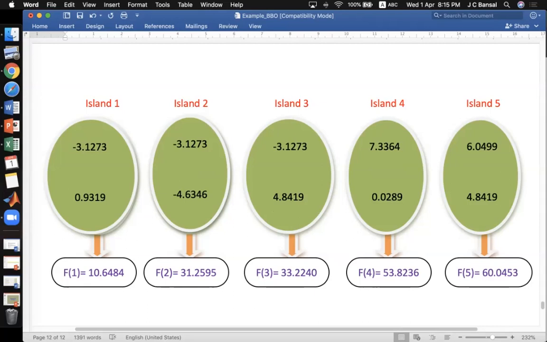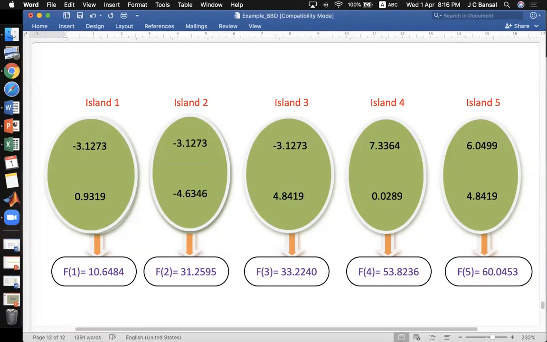So now the third operator is the elitism, that in the next step, this island may be avoided for the mutation or for the migration. Means for the migration, you may skip this. You can directly start with the islands 2, 3, 4, 5. So this is called the elitism, right? But for modification of island 2, you will start the index from the first itself, right? Means the first will inspire others, but will not be modified by the inspiration from others, right? So that is called the elitism.